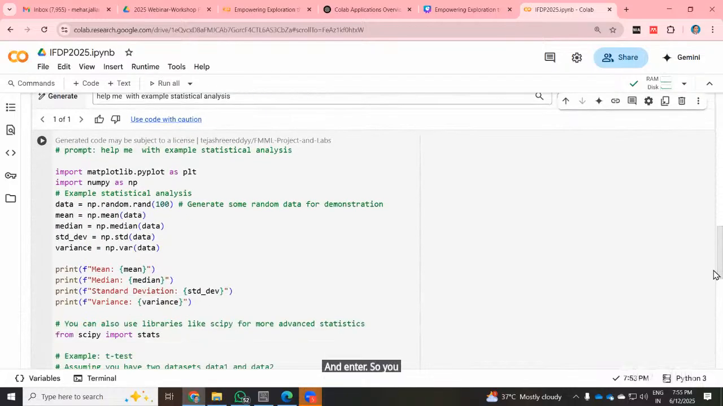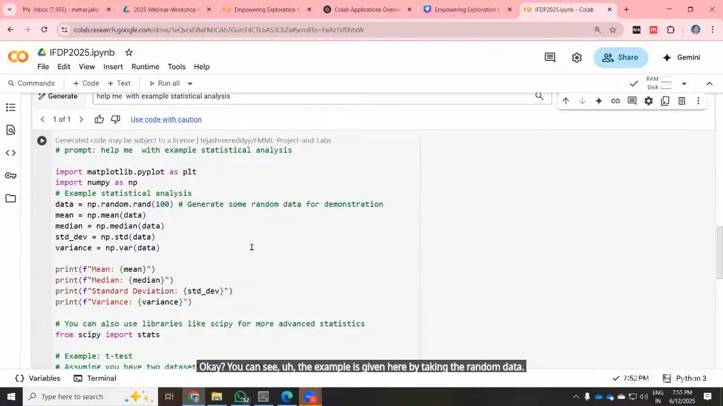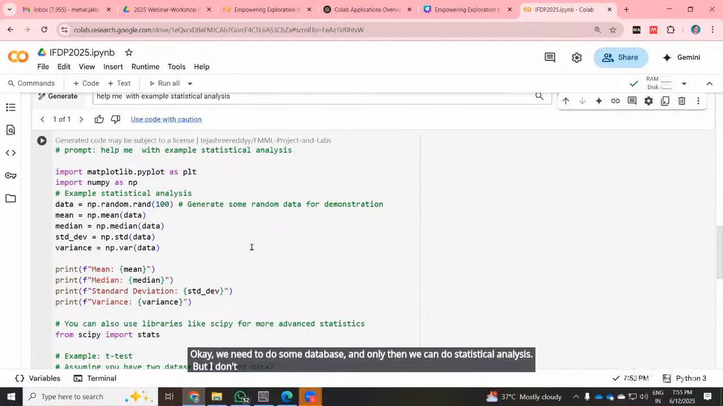So you can see here is a very interesting prompt. You can see the example is given here by taking random data. We need some data, and only then can we do statistical analysis. But I don't have any data. I want to get some idea of how I can use it. See here, this is the import